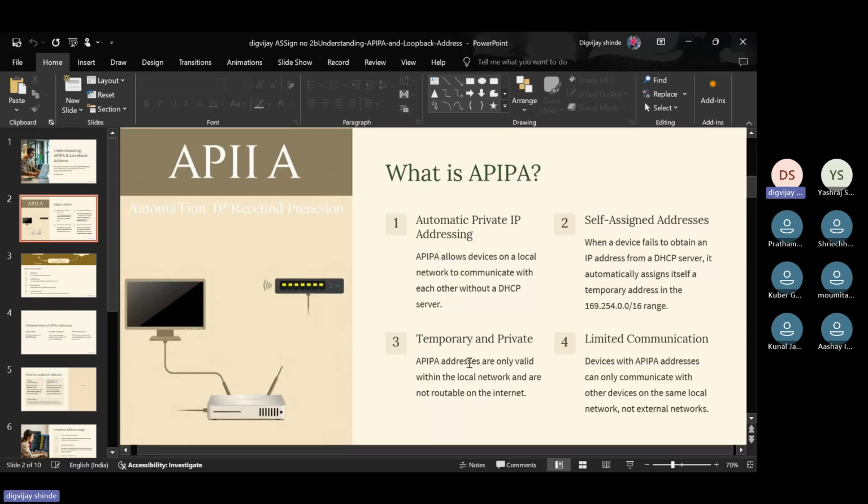These addresses are only valid within the local network and are not routed on the internet. The fourth is limited communication. Devices with these addresses can only communicate with other devices on the same local network, not with external networks.